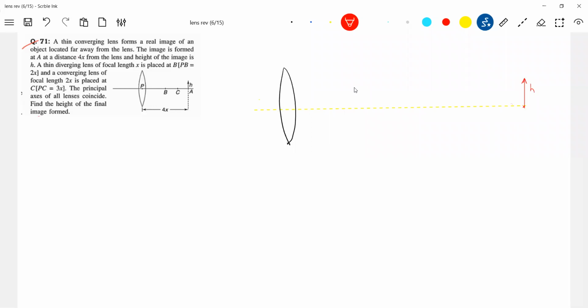I think this was the question given. So here, at a distance 4x, what should be the focal length of this lens? F should be 4x because the rays are coming... how are the rays coming? Incident parallel to the principal axis? No, they are incident at an angle, similar to that in the telescope one. For your convenience, I'll just show it. This should be the rays.